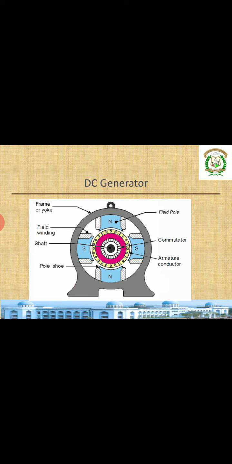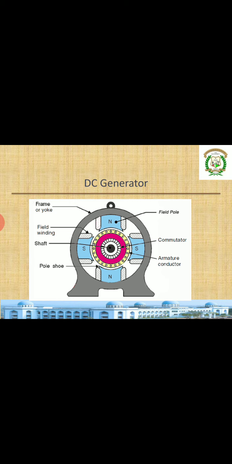Let us see in the DC generator. As we know, there are field windings placed on the poles. It is stationary, called the stator. When external DC supply is given to that particular field, it produces field fluxes. When armature is rotating, it is going to cut the field fluxes. Because of that, conductors in the armature will get the induced EMF. That EMF is passed through the commutator, which converts it from AC to DC. So this is the construction of the DC generator.